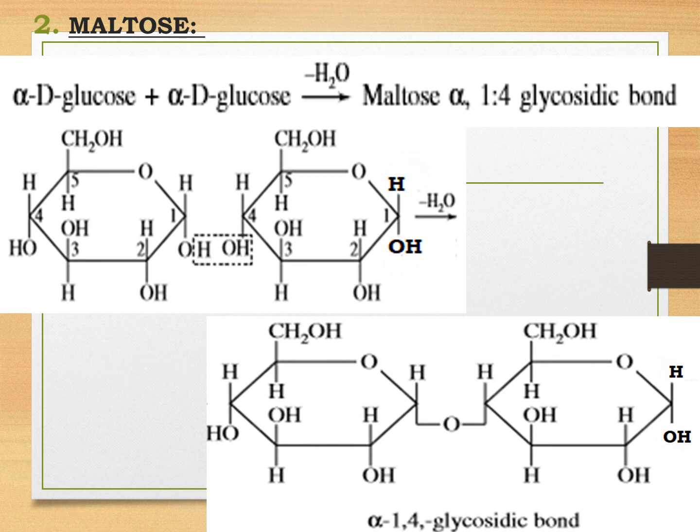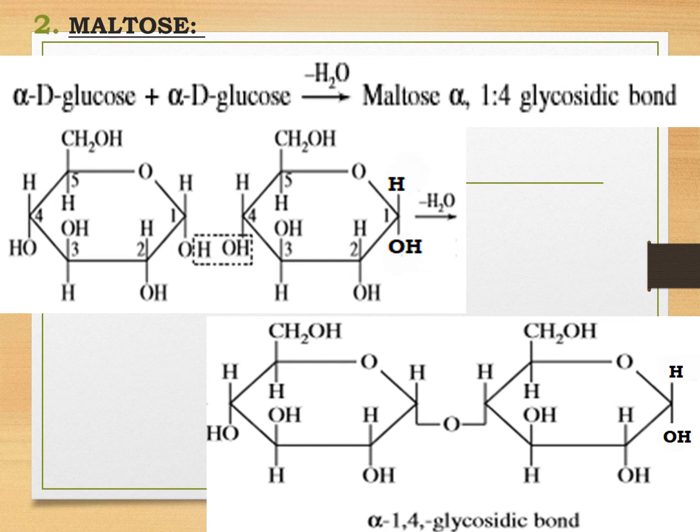So students, in the above structure, you can see two molecules of alpha D glucose. I hope you are now able to identify whether it is alpha D glucose or beta D glucose. Over here, on the C1 and C2 carbon, the bulky groups, that is the OH groups, are on the same side, and this applies for the second molecule of glucose as well. So these are the two molecules of alpha D glucose.